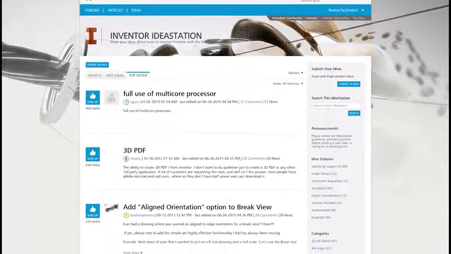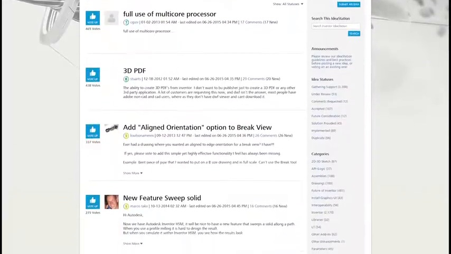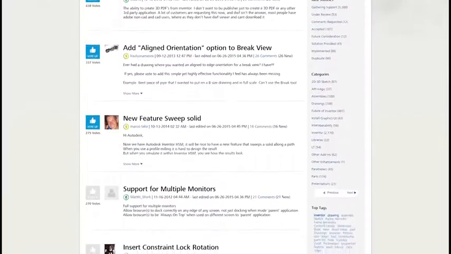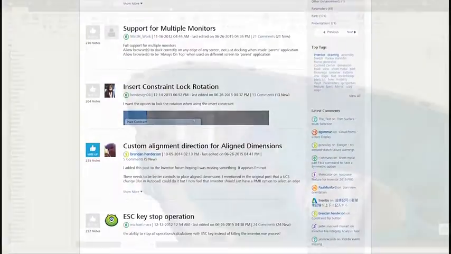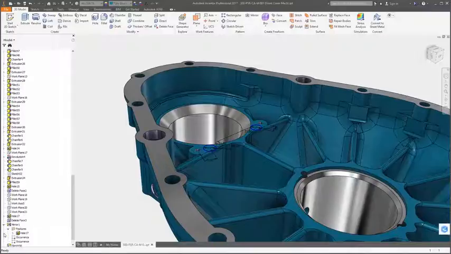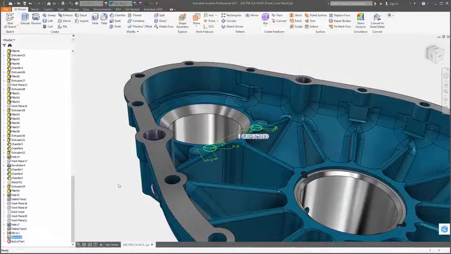The 2017 R2 release of Autodesk Inventor includes even more enhancements based on your feedback from the Idea Station. Let's take a look. First up are several improvements to the user interface, starting with the model tree. The lines and arrows have been improved to make it a bit easier to navigate and see expanded and collapsed